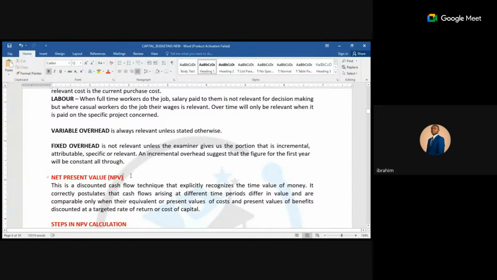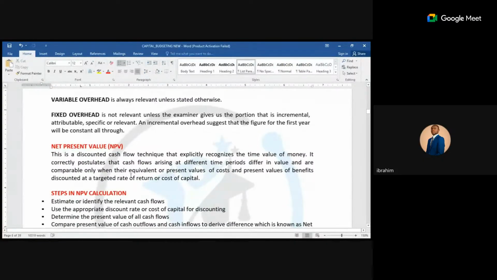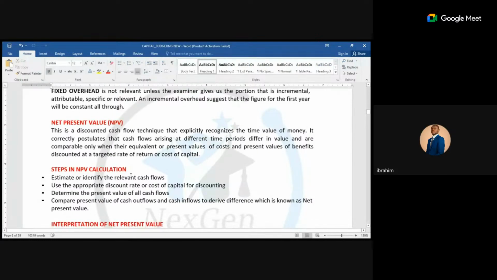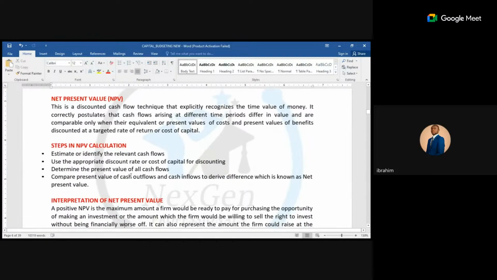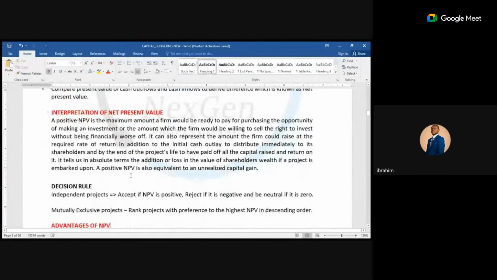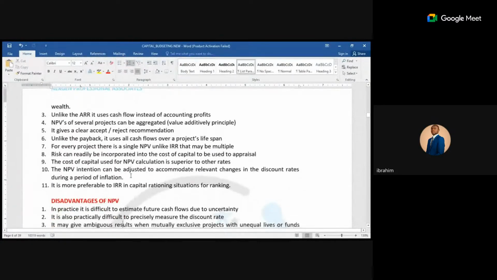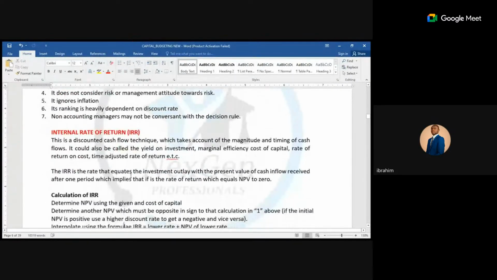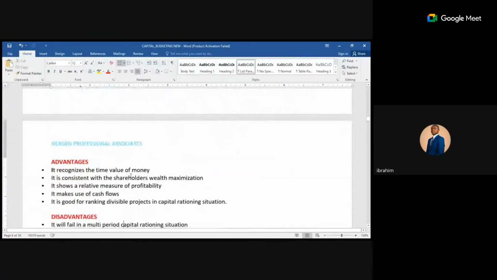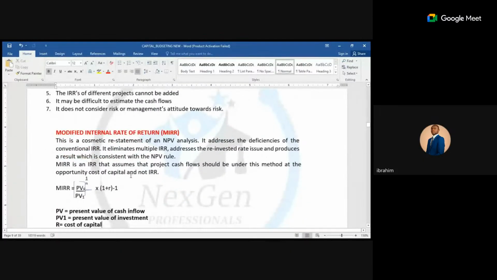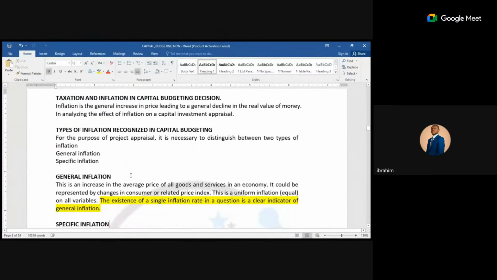My point here is, when you want to determine the NPV, you use the relevant cash inflow and cash outflow that are relevant for the what? For the project, class. Now, when you have a positive NPV, it means that the project will maximize the shareholders' worth. So therefore, they should go ahead and embark on that particular project.